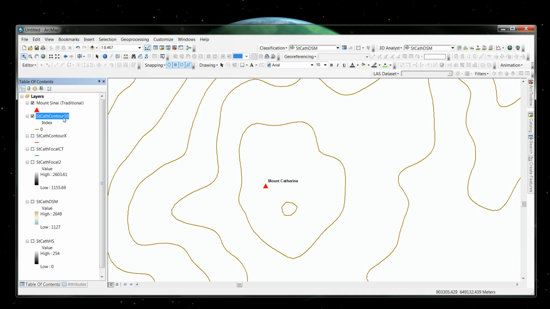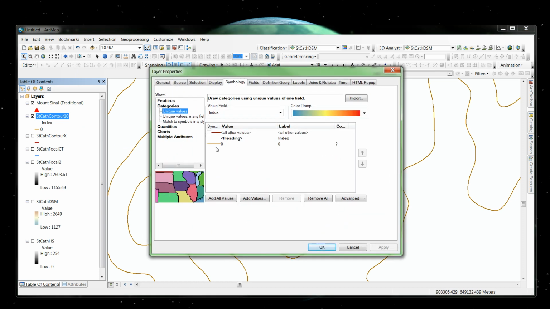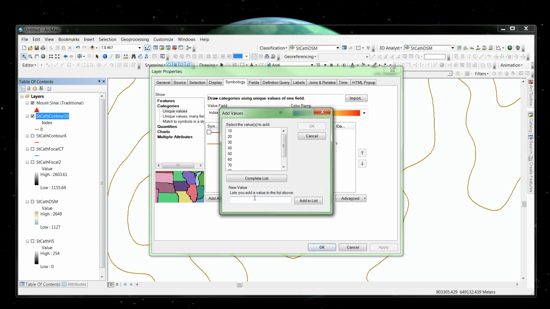Now let's open up this file. Let's double click this again. Now if you notice, when I did the add values, you saw the 10, the 20, the 30, the 40, the 50, and so on. Those are indexes of the next contour value. For instance, what we did was, by selecting 0, I'll give you an example. Let's say we want to start contour indexes starting at the 500 meter,